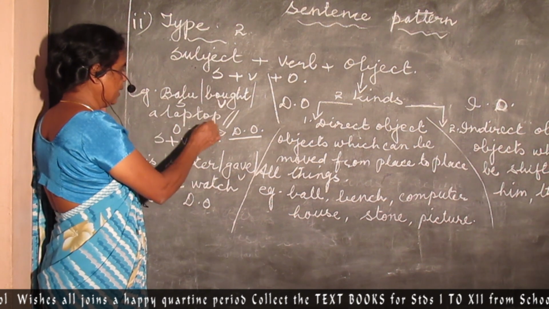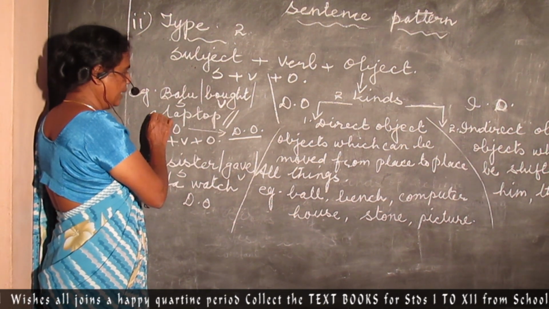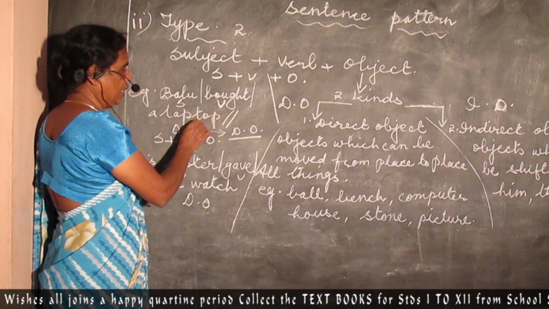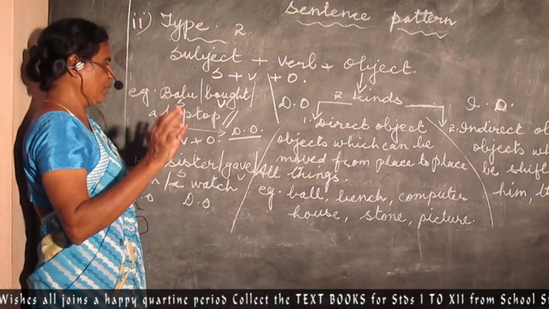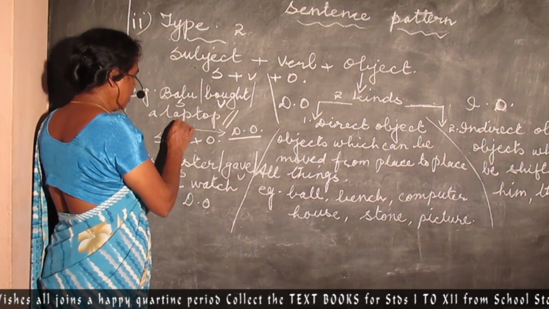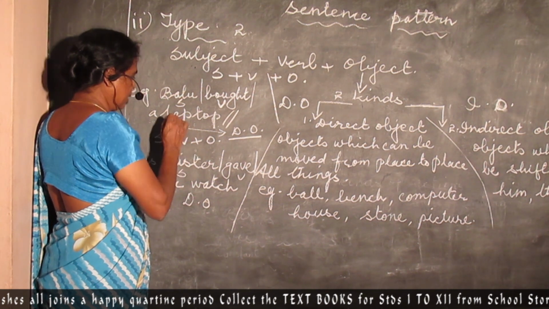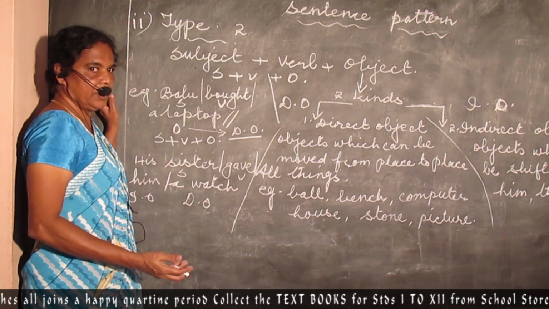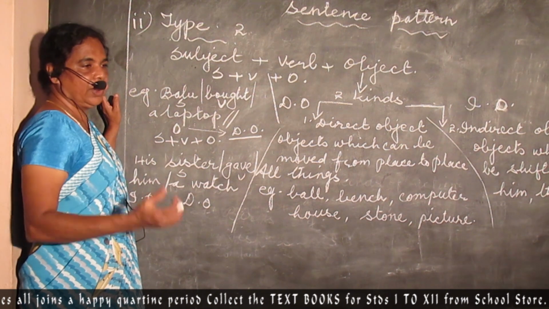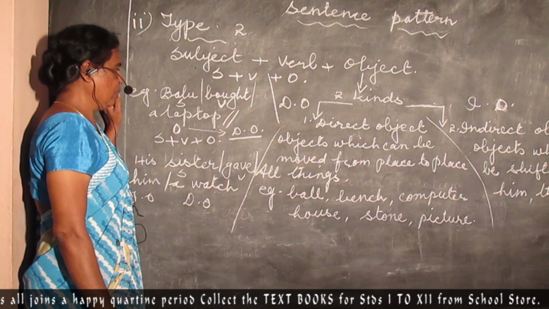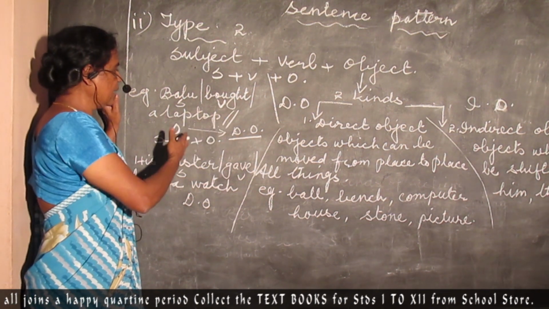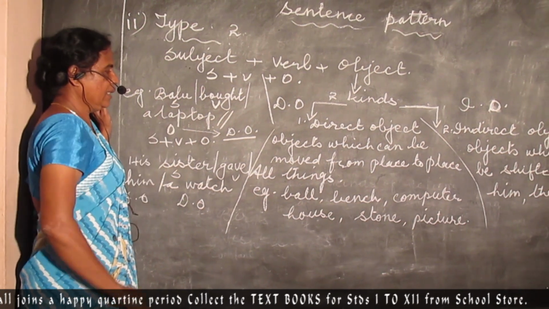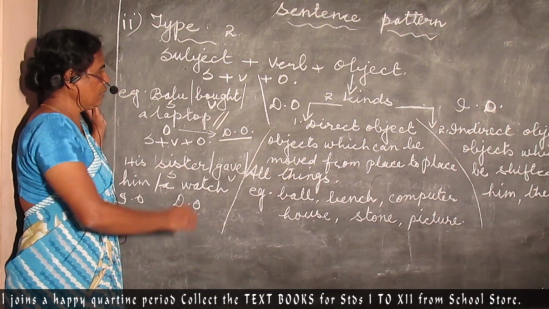And the third word here, a laptop, put together, is one computer. So this is called a direct object. You take this direct object, the laptop, on your lap and work. You can carry it to the next place. If you want to shift it to another place, you can carry it. So this becomes a direct object. I hope it's clear for you all.